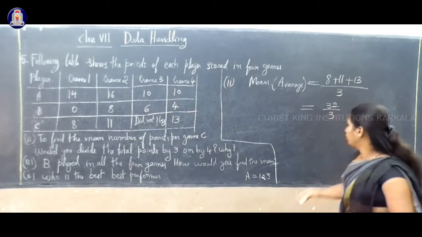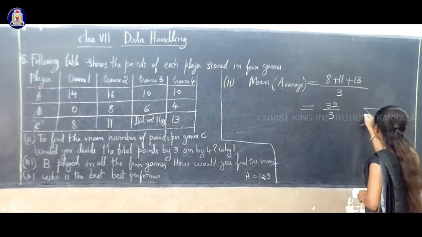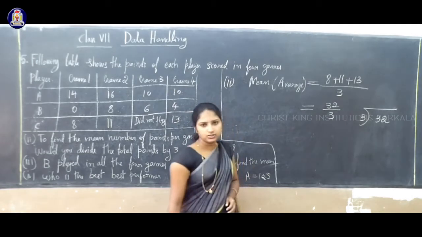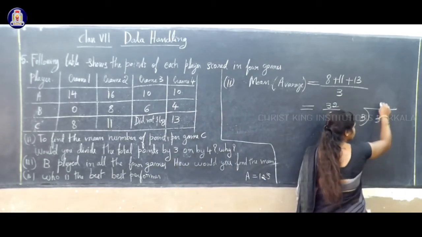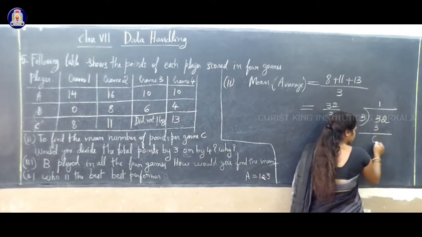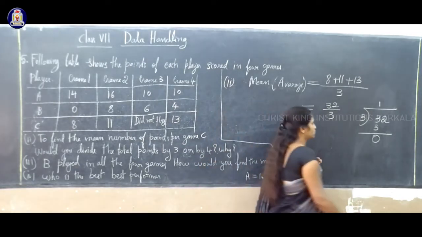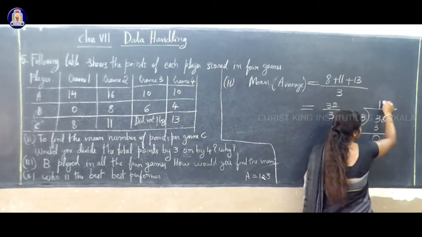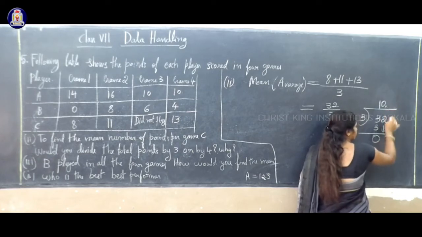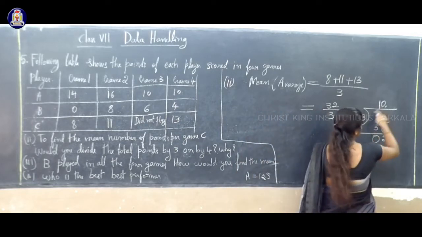You can divide directly, or by the division method we can find the answer. That means 32 is the dividend and 3 is the divisor. Clear? So now divide 32 by 3. You will get 3 in the quotient: 3 ones are 3. If you subtract, you get 0. Next, 3 into 2, is it possible? No. Then what do you have to do? You take the 0 down, so it becomes 20. Then 3 into 2 does not divide, so take 0 here.